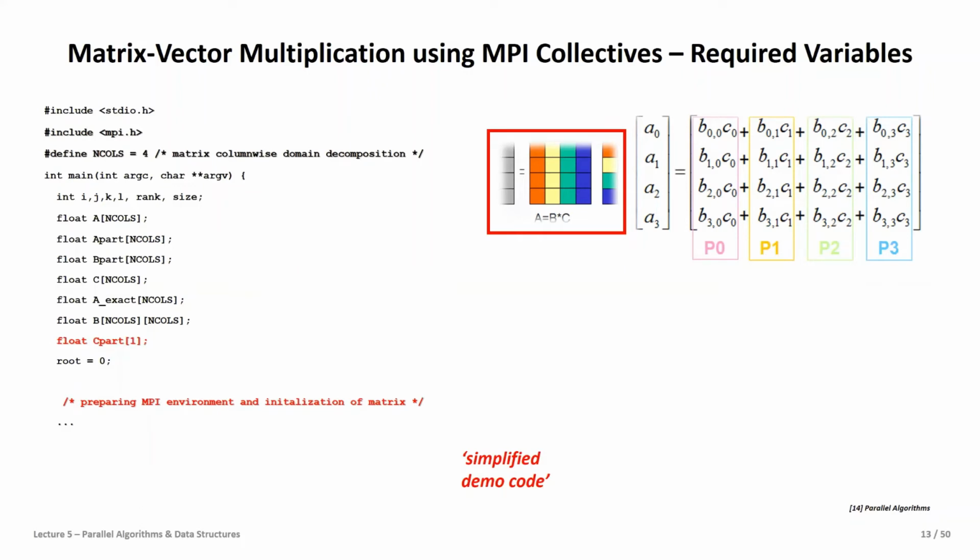Here and there, I leave some elements out that by now you really know, like preparing the MPI environment, MPI init, perhaps an initialization of the matrix with some values we're interested in. But much more importantly in this course, of course, is your thinking of going parallel. Hence, we think about many more MPI processes here. So you see here the result array A, and then basically the different domain decomposition